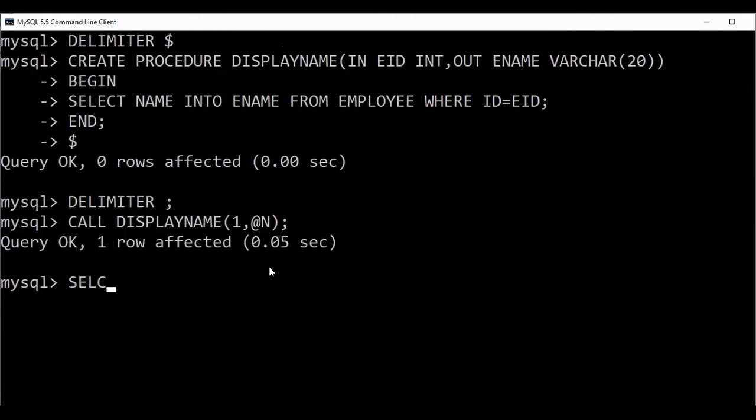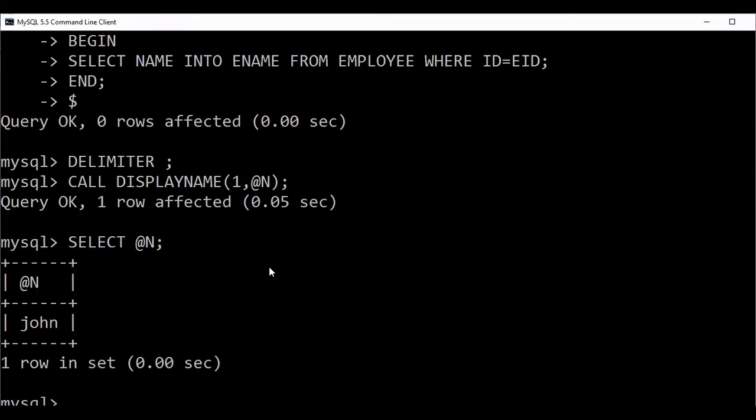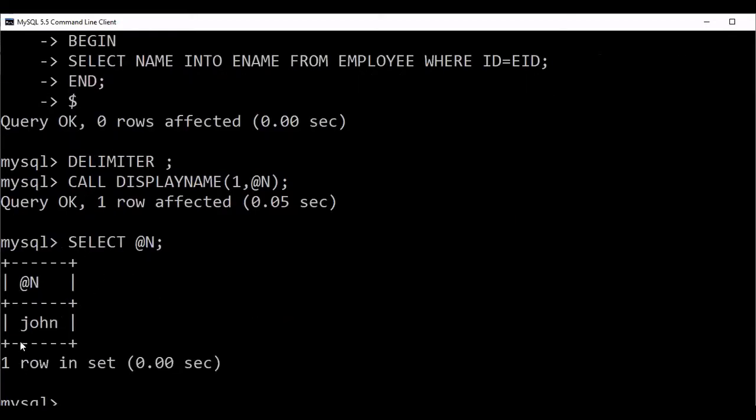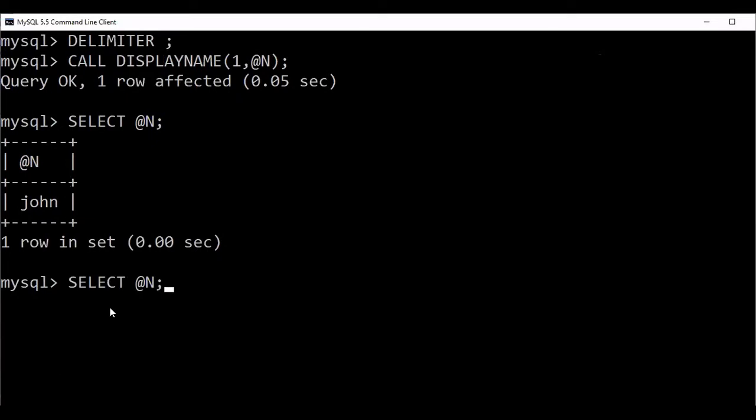So simply I write select. This is stored in a local variable. I can write select @n. So what will it give? This will give me the ename. So what is it giving now? n is John, because I passed 1. The name of 1 is John. So John is stored in ename. Now while calling this procedure, this John is transferred to n. Then I selected that n, then I got John. Similarly, if I call this procedure by sending 2,